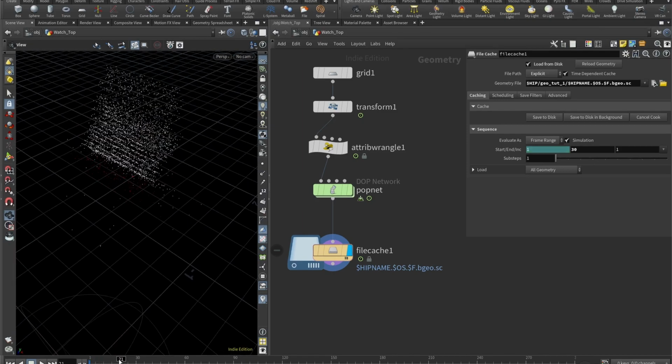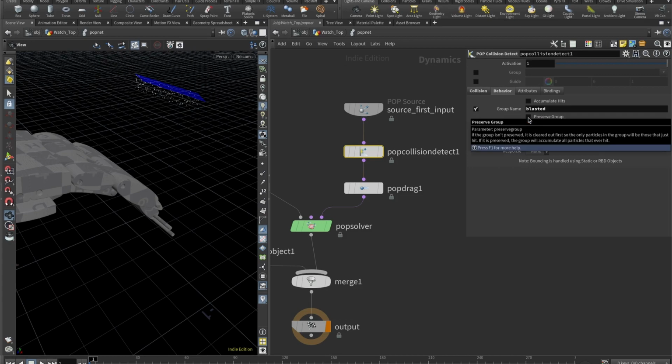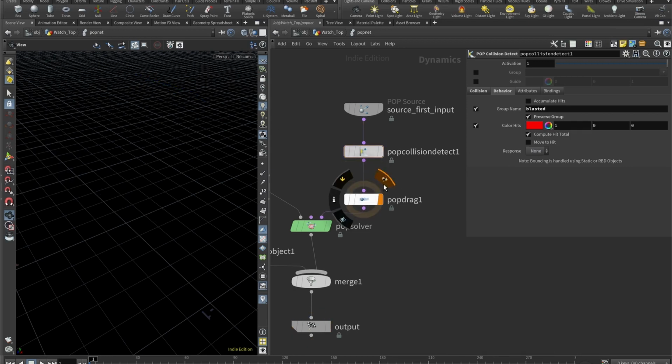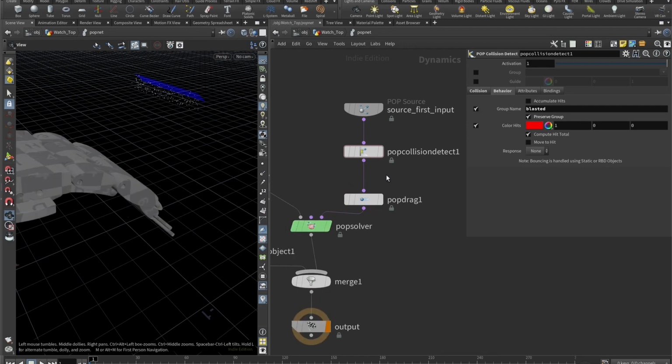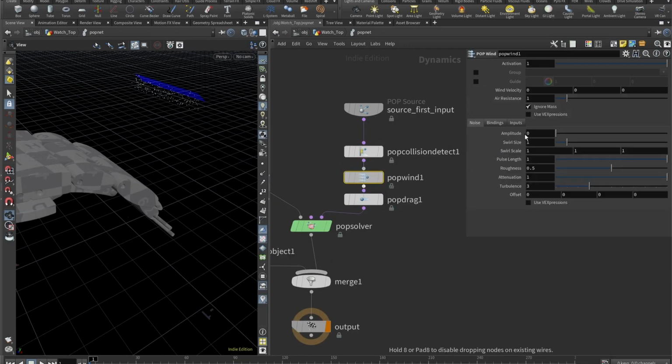I think maybe I need to hit this preserve group, because if the group isn't preserved, it is cleared out first, so the only particles in the group will be those that just hit. Nope, we need to hit the preserve group here. And maybe let's add just a bit of wind, so yeah, pop wind, like just a bit, like